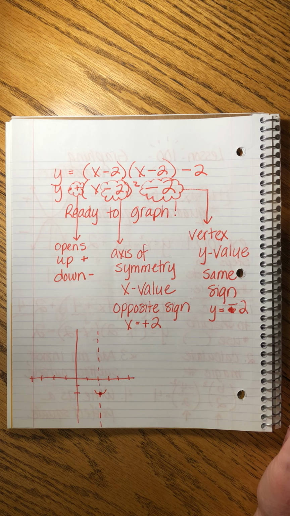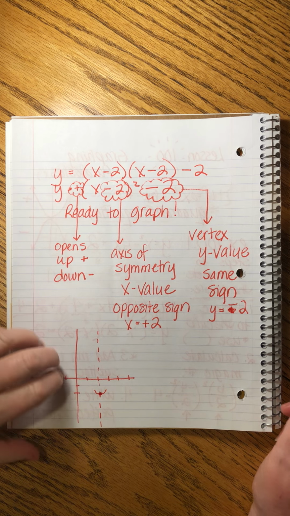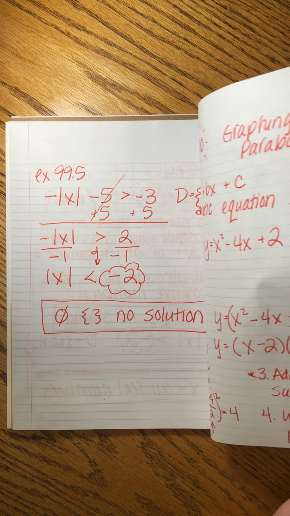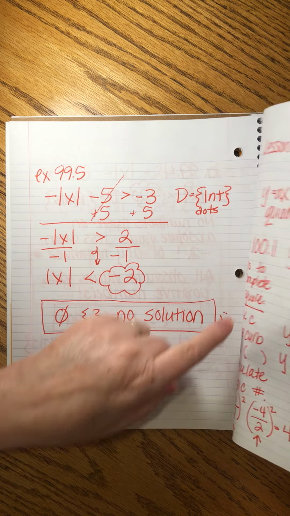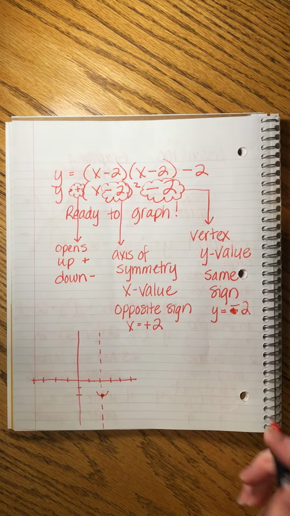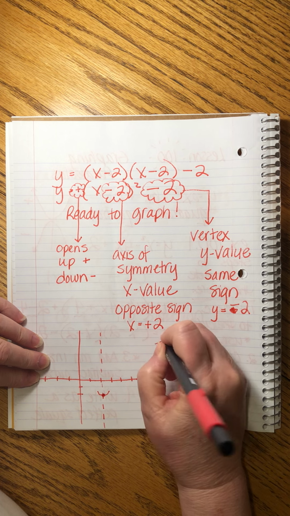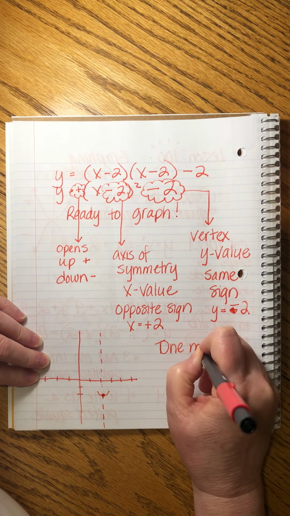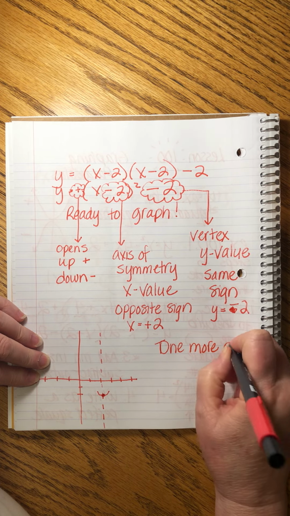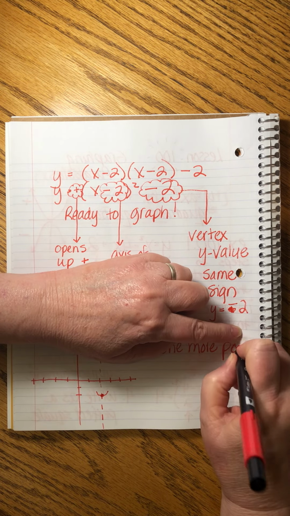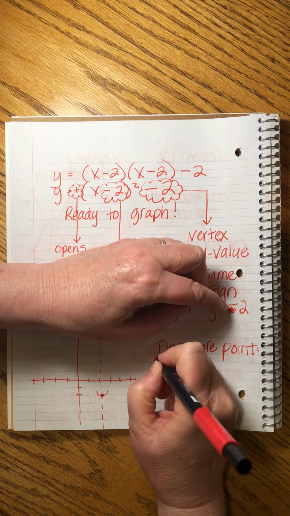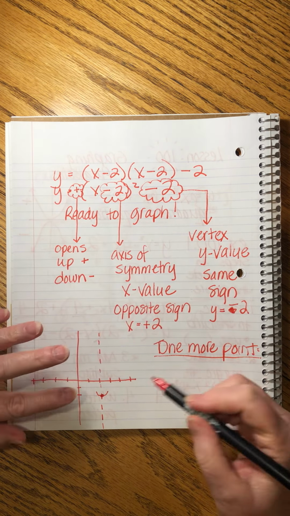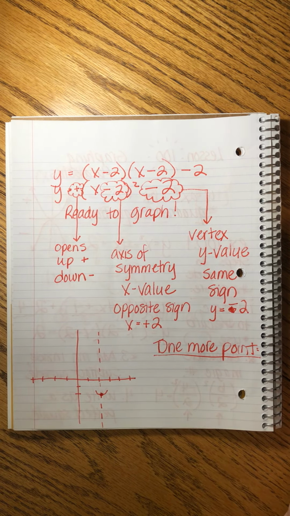But we have one more point that we have to graph, and this is step number, well, these were my steps to completing the square. The last thing that we have to do is find one more point. All right? Finding one more point is going to help us define the shape of this curve, how wide or skinny it is. And the way that we do that